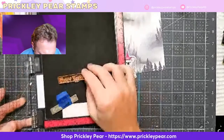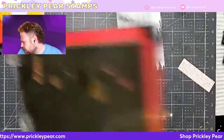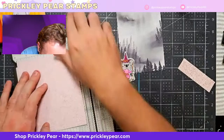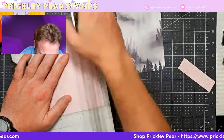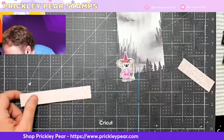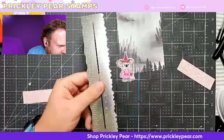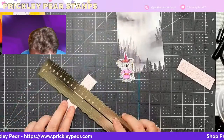Yeah, I think we'll definitely wanna stamp in black. Let me cut another inch piece, and let's try that. Because right next to me, I actually have one of those fancy deckled tearing rulers, so we could actually tear this. That's a really good idea. I didn't even think of that. I never think to tear paper, I don't know why, but it's funny, someone on a live actually told me that the slot on this thing is so that you can use a craft knife and get a really clean cut, but, I think